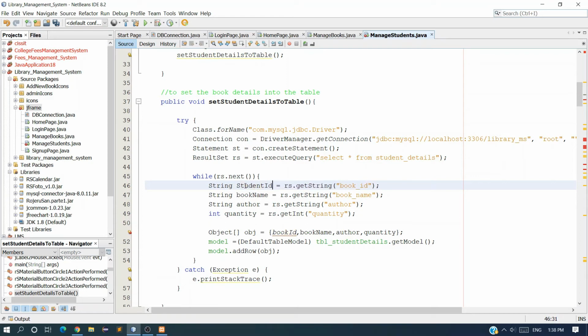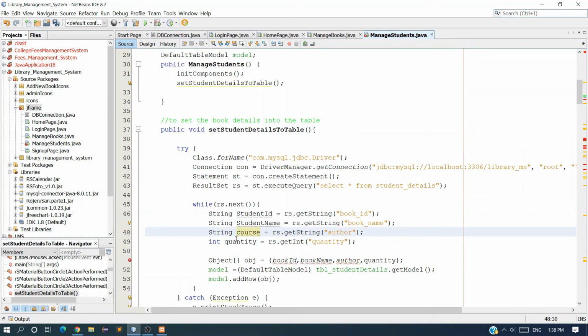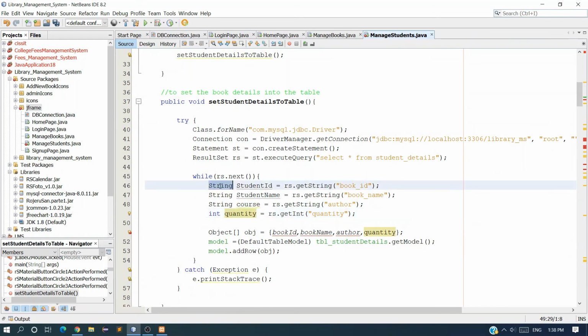Student id, string student name, and course. The student id should be int type, or you can take it as string, no problem at all, because we just have to display the data, we are not going to perform any operation. So just int, and the last one is string branch.